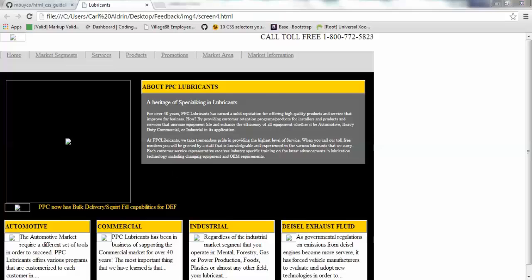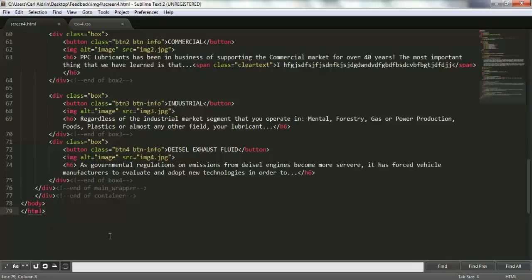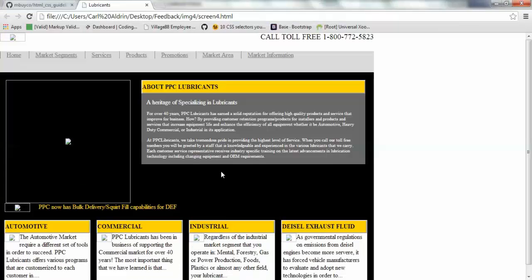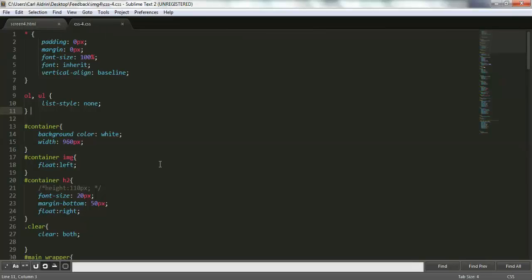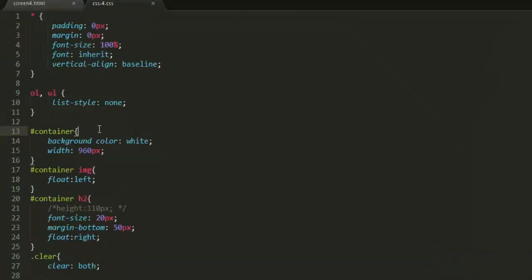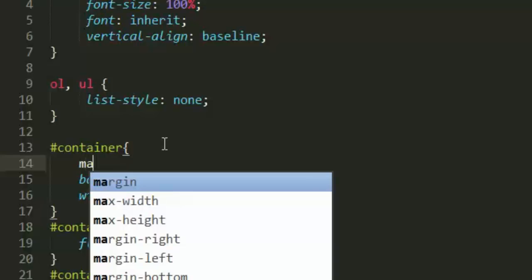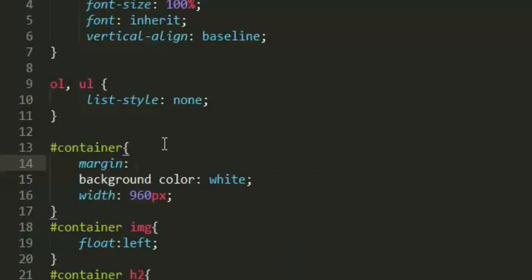Next, we need to center your output on the screen. So with your CSS and your container, we can put margin 0px auto.